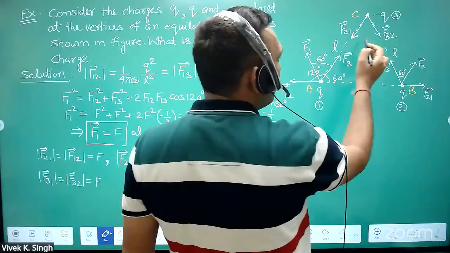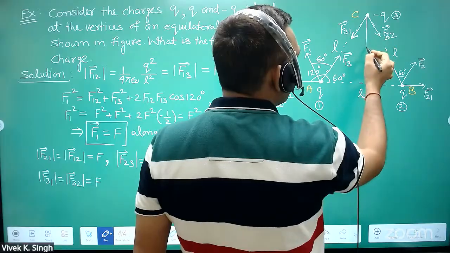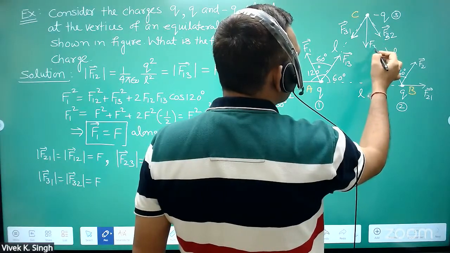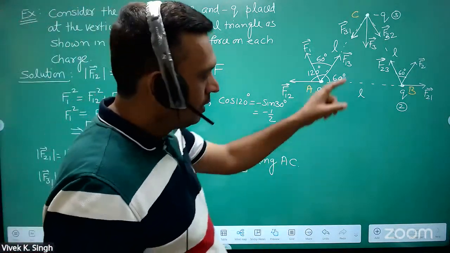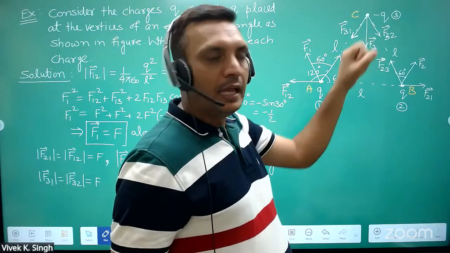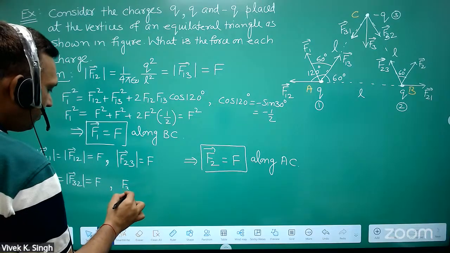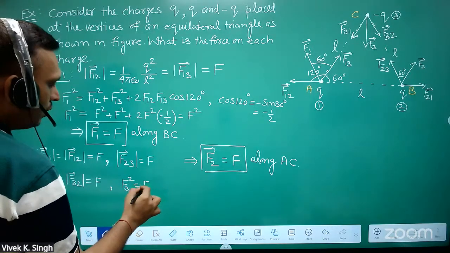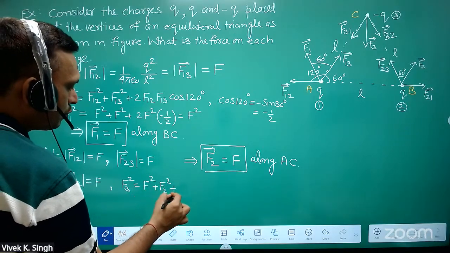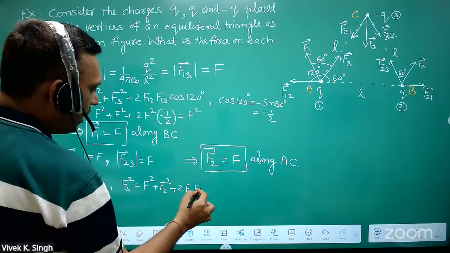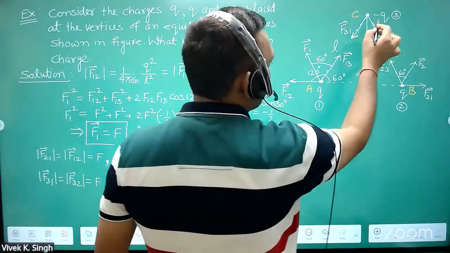Now see, अब इन दोनों का रिजल्टेंट क्या होगा, ये 60 डिग्री पे है, तो इसका रिजल्टेंट इन बिटवीन होगा, let's say this is F3. यस और नो? इन दोनों का रिजल्टेंट क्या होगा, F3, और F3 फिर से आप ये फॉर्मूला यूज करोगे तो क्या हो जाएगा, F3 स्क्वायर इज इक्वल टू F31 स्क्वायर प्लस F32 स्क्वायर प्लस 2 टाइम्स F into F cos 60, because this angle is 60 डिग्री, है कि नहीं।